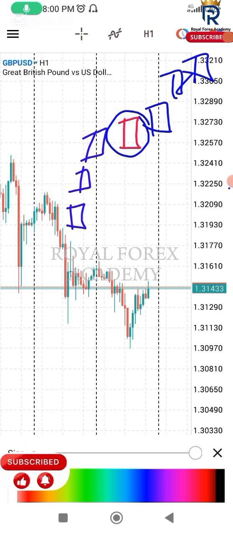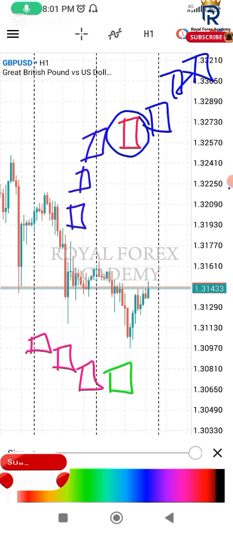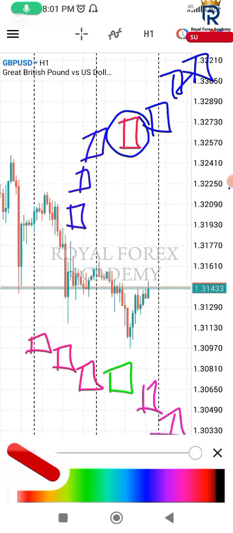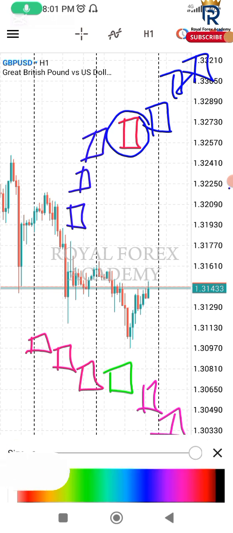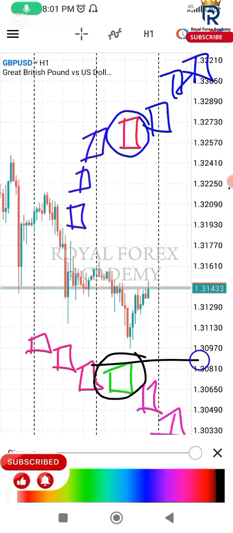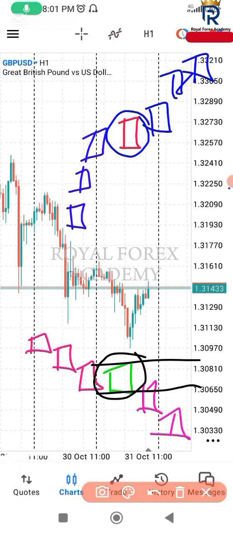While in a downtrend, you realize that price is making a series of bearish candles. Remember, it's not just one bearish candle, it's a series of bearish candles, and then suddenly you find a bullish candle, and then price continues with a series of bearish candles. So this particular candle you are seeing here, this bullish candle, is what we refer to as a smart money cube. In this case, you will mark this cube as your point of interest, and then